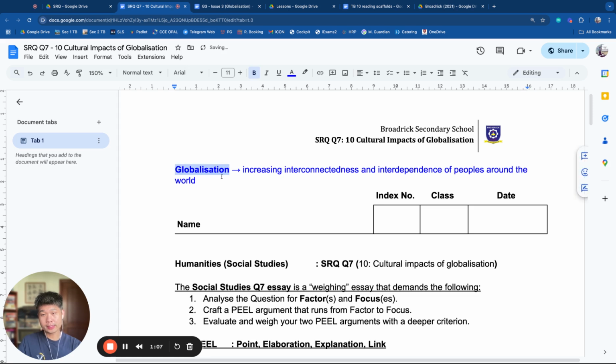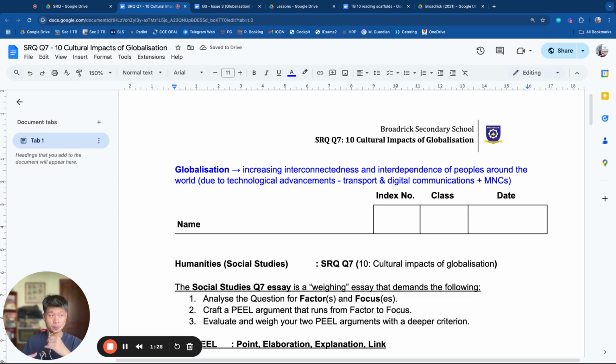And we know that this has happened from chapter 8 due to the developments in technological advancements in transport and digital communications, plus due to the spread and growth of MNCs, which are multinational corporations, big businesses